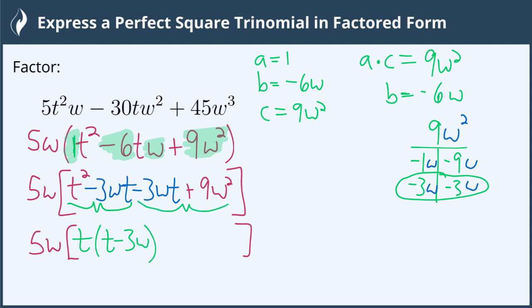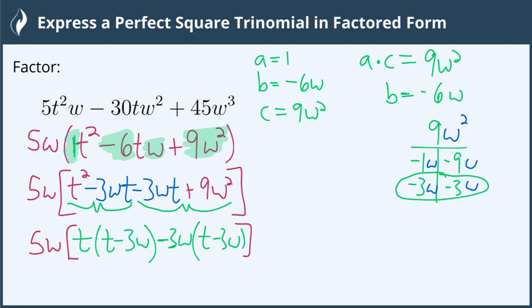For my second set of terms, I'm trying to find the greatest common factor for negative 3wt and 9w squared. I can pull a 3 and a w out of both. I'm also going to pull a negative out so that the first term inside the parentheses becomes a positive. So if I do minus 3w, like that, when I pull that out, I end up with t minus 3w